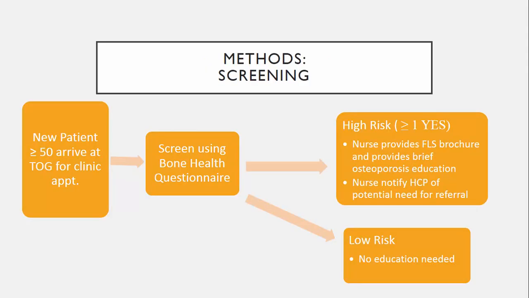This slide outlines the beginning of the quality improvement process. So after we got IRB approval, the next step was to validate the bone health screening questionnaire that was being used. And so we validated this using a Lawshe method. So the content validity index for this 5-question bone health questionnaire was 0.696, which is kind of marginal.